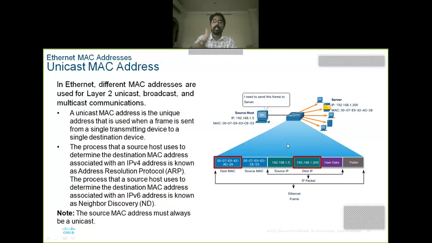So whenever in this scenario H1 wants to perform a request to the server, first it needs to know the MAC address of that server, right? For that, the Address Resolution Protocol is there. Using that protocol, H1 first identifies the MAC address of the server using the IP address. Using the IP address, it will send the request to the switch. The switch will perform network discovery, and send the request to the server IP address.